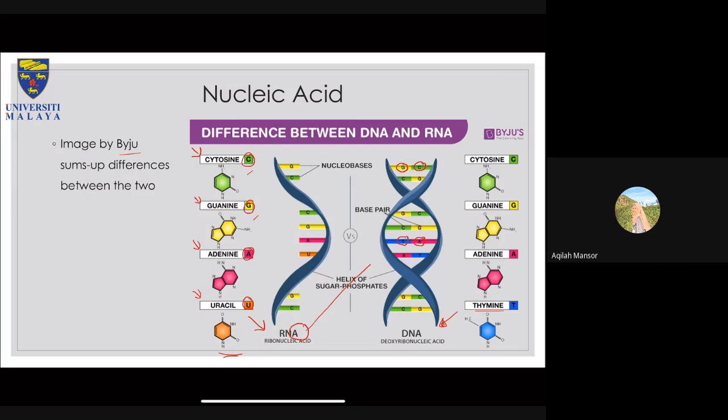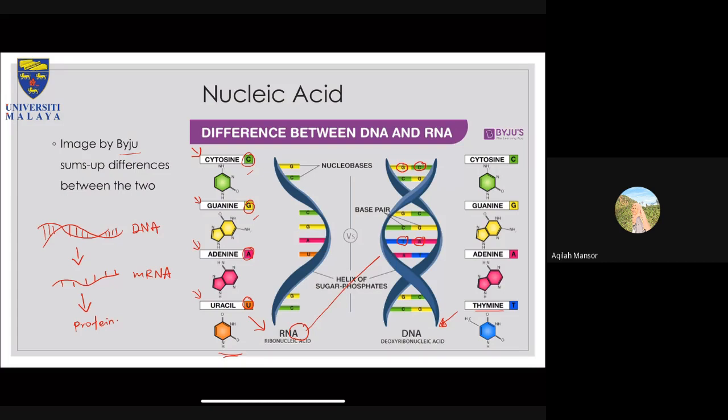RNA molecule. Okay, so for example, we know that in our body we have DNA. Okay, and we know that mRNA carries the information for protein synthesis. So how do you actually copy from here into an mRNA, okay, with only a single copy? And then how does this actually transfer into a protein? Okay, so we will look at this in a short while. I think it's next slide, or probably the slide after this. Okay, but we will go into that very soon. Oh, we don't have enough time.